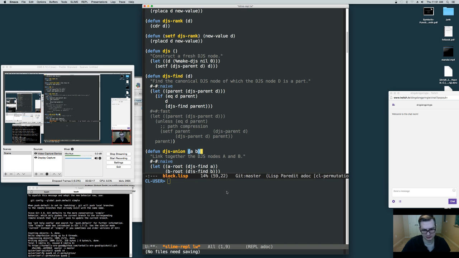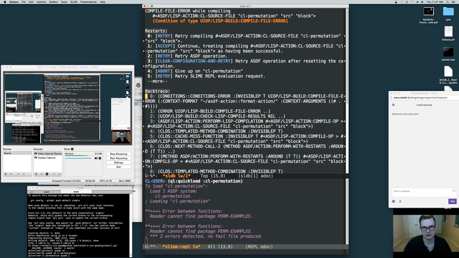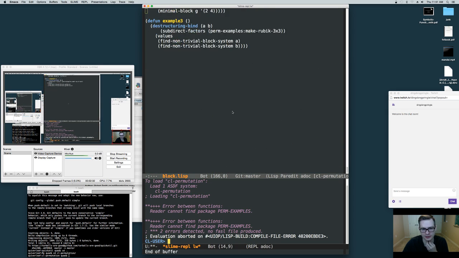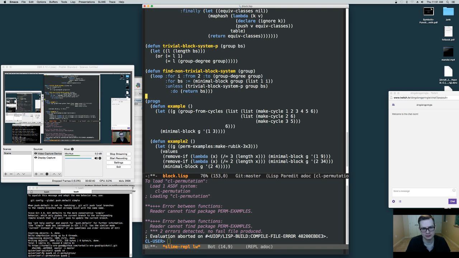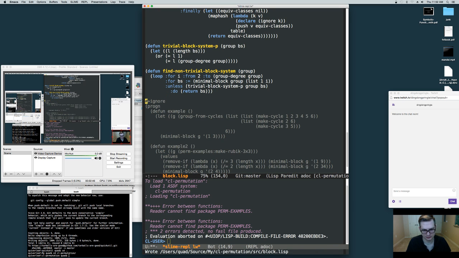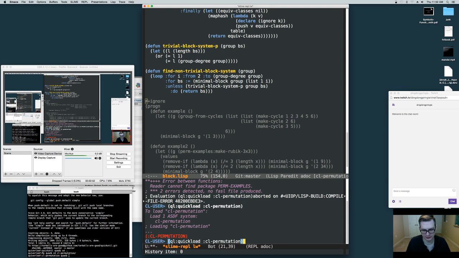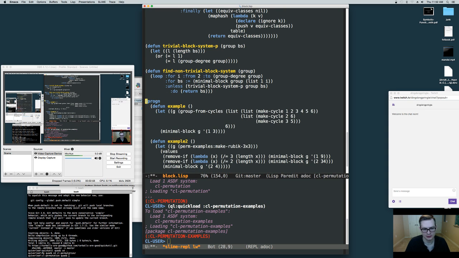Let me load this. It's because at the bottom here I have some examples that need to be loaded, so let's do this again. Okay, and let's load the examples as well. And if I compile,